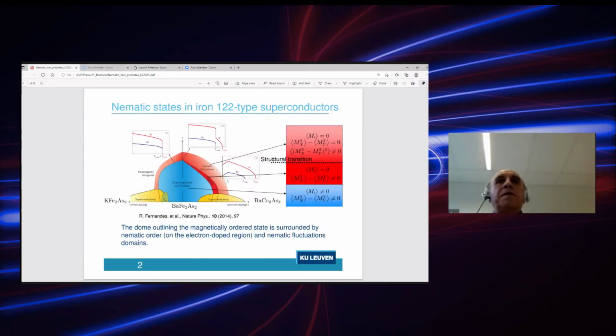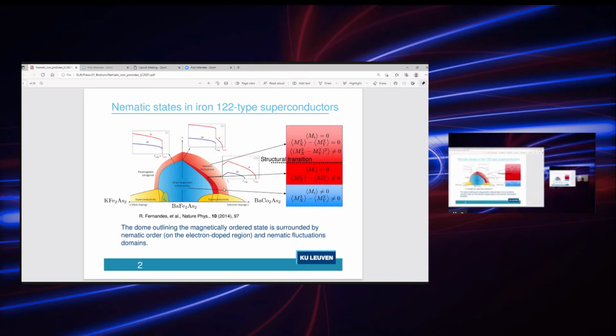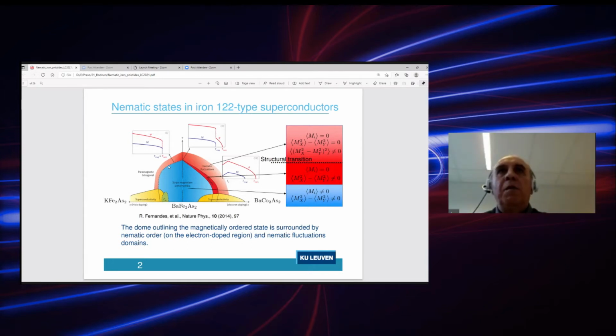Let me shortly remind you about the phase diagram for 122 superconductors. We have a dome of stripe magnetism, which expands in both the electron-doped and hole-doped domains. If we take the barium compound as reference, at low temperature, inside this dome, some superconductivity already appears. The dome is surrounded by the domain of nematic spin fluctuations, and there is a dark domain, the nematic spin